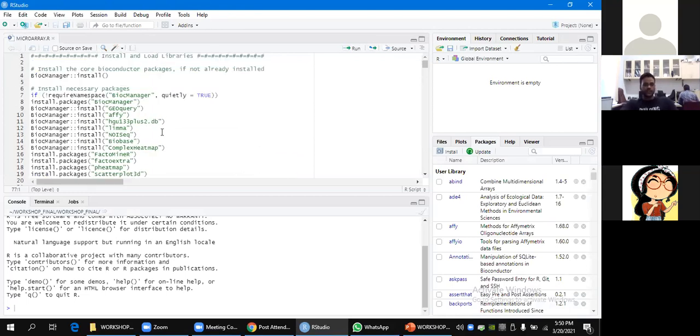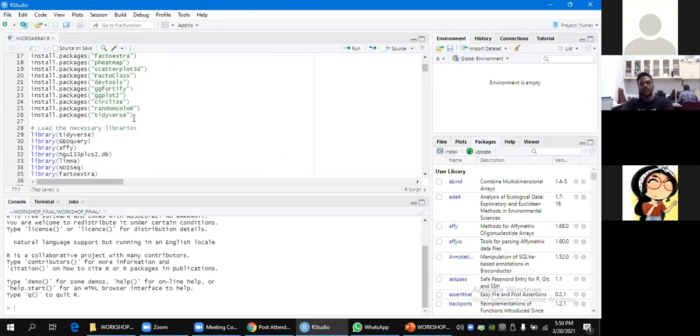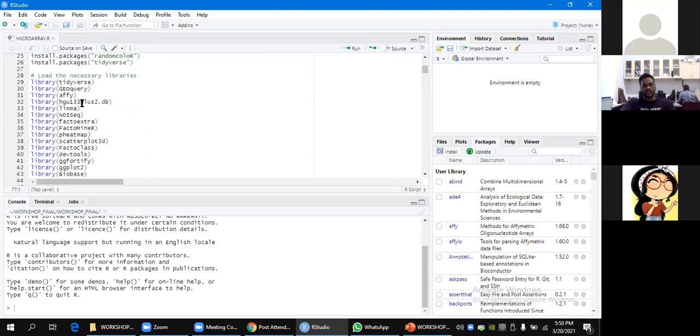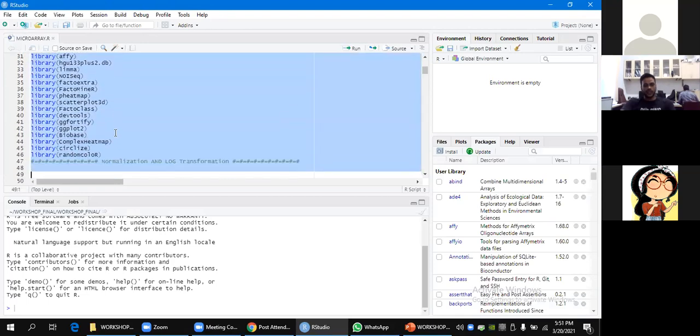Firstly, I would be downloading some of the necessary packages which are commonly used in microarray analysis. I would be loading them one by one.